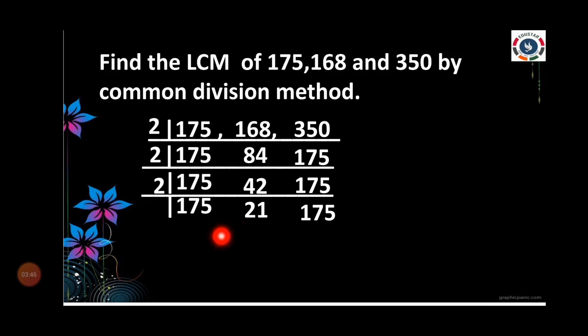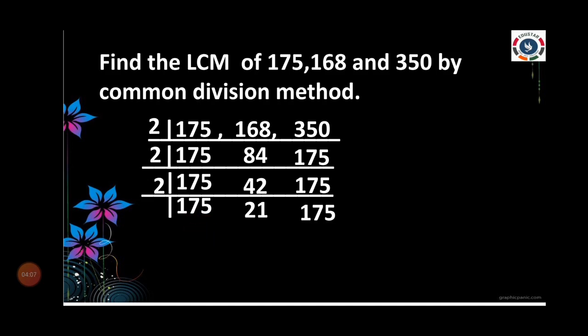Can we check whether the given value is divisible by 3 or not? First, 175, you add all the 3 numbers, how much are you getting? 1 plus 7, 8. 8 plus 5, how much? 13. So 13 is not a multiple of 3. So it is not possible to divide the value by 3.